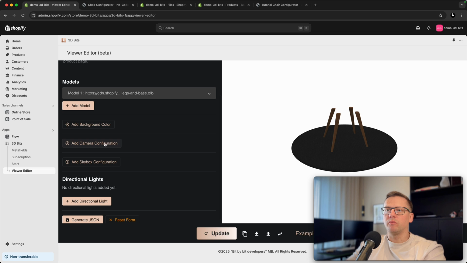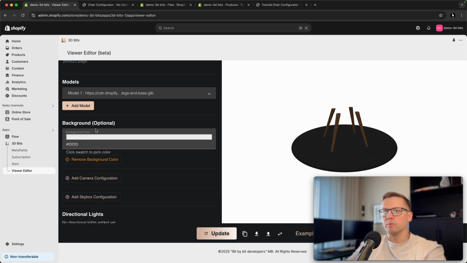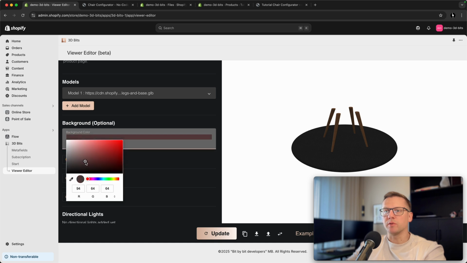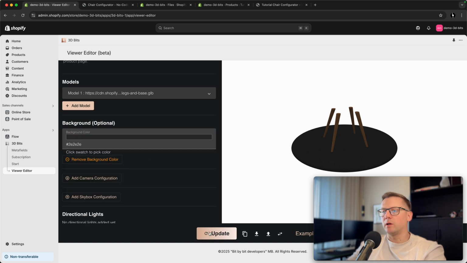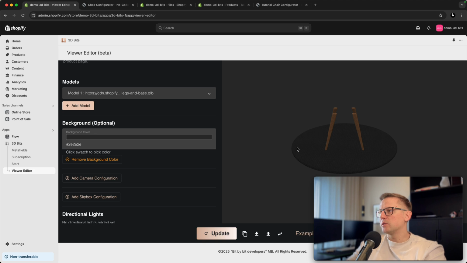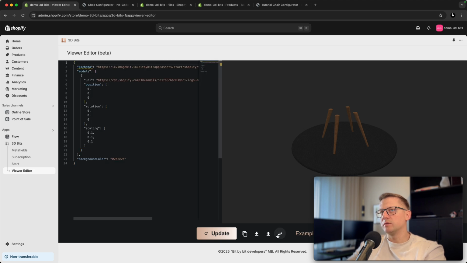I'm going to configure the camera later, but I will just now say that I want to also use the background color, which is maybe something darker like this. And I will hit update. So now we have a really basic setup of a static GLTF file that we've loaded. There's nothing yet to configure in this case, but what we can do, we can look how this JSON looks like here. You see that we have one model in the array, we have background color,